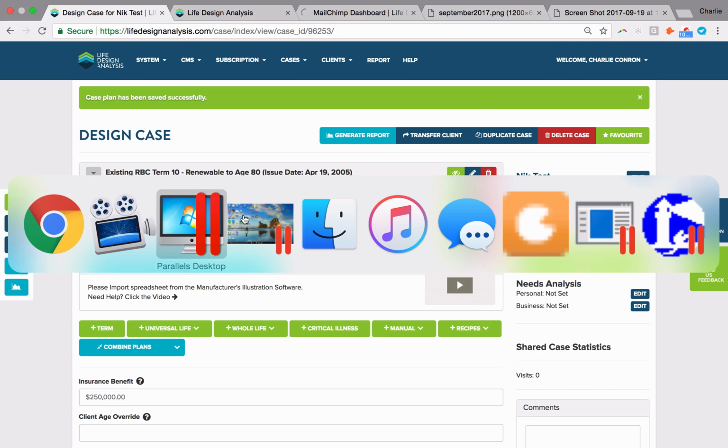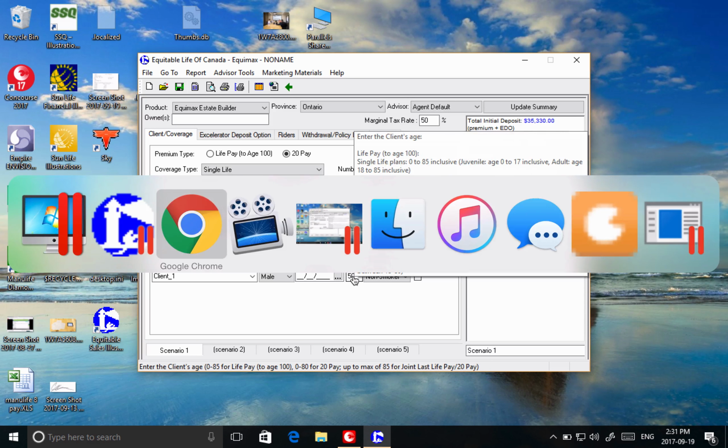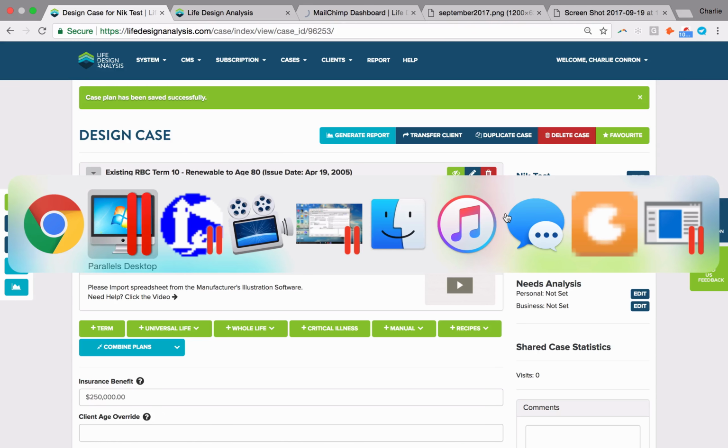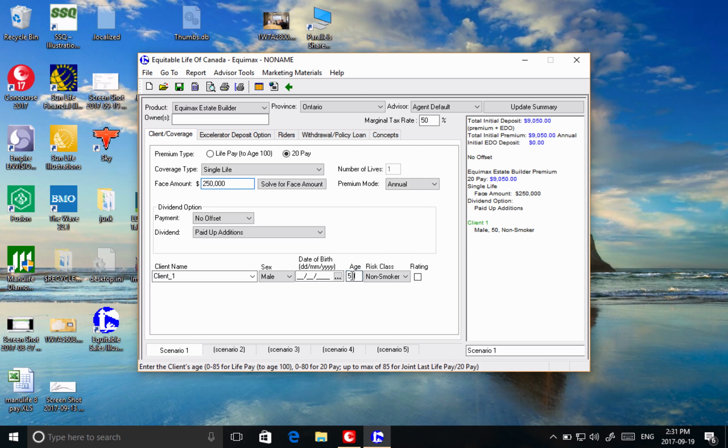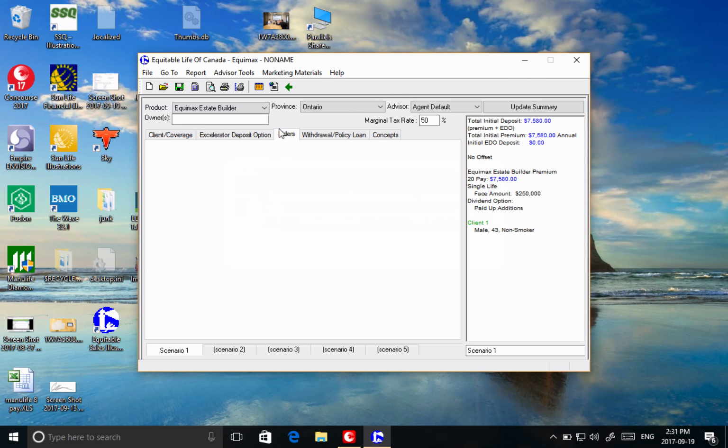So all I'm going to do here is go into my Equitable software, and I'm going to design something for $250,000. This would be a great place if you design the layered plan in here, or even use a different dividend like their economy one. We could certainly do that. And I think that 43 was what I said. Age near is 43, so we'll keep that apples to apples. We'll say 43. So I've just designed a 20-pay $250 for a 43-year-old male, and what I'm going to do here is just make sure I don't have anything else on here. No extra deposits, no riders, though if we did want to put these in, all of these we could do.